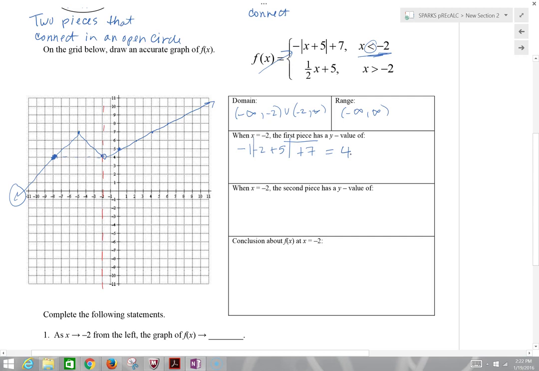If we looked at it from the second piece and plugged -2 in, if it existed, we'd get 1/2 times -2 plus 5, and we also get out 4. So our conclusion about f of x at x equals -2, because they're both going to the same value, is that f of x has a point discontinuity